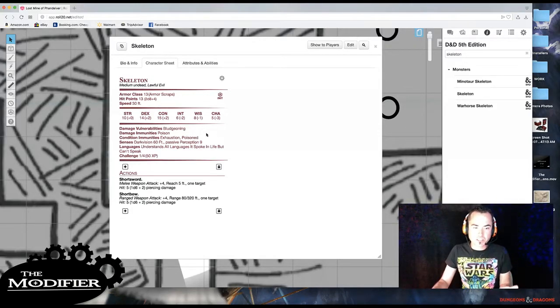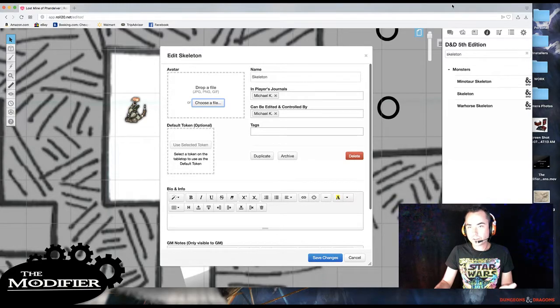So, I've got my skeleton in here. It's got all of his attacks already in here. Got all of his immunities, condition immunities, all these things already there, so you don't have to type that in. And it makes it so easy. So I'm going to go back up here to edit. And the cool thing about this when you're editing your own monster manual is if you're just playing with your